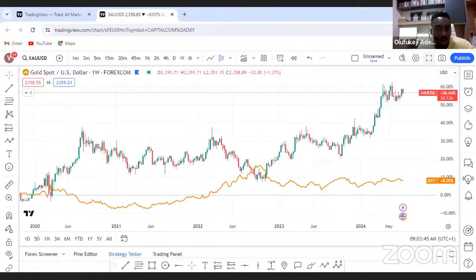up, gold typically trends down. But throughout this year,